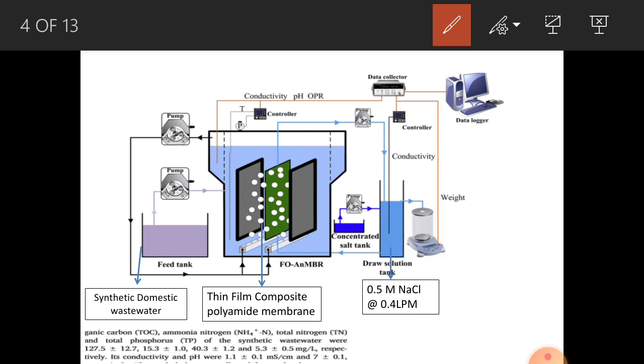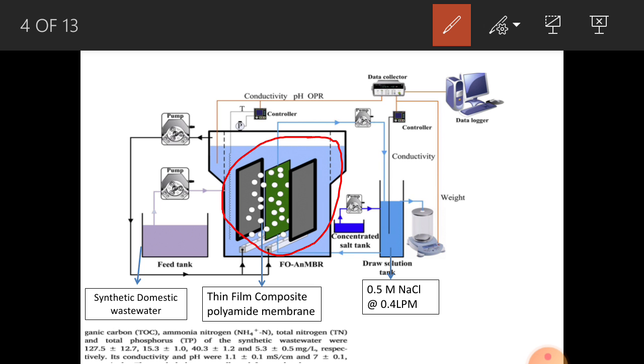In this submerged membrane reactor, the membrane is submerged in the system. So synthetic domestic wastewater was applied to remove the compounds from the synthetic domestic water,